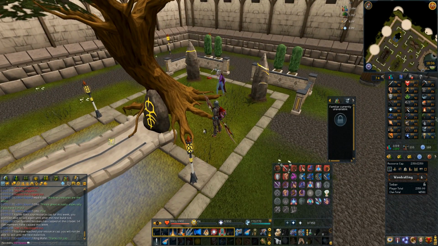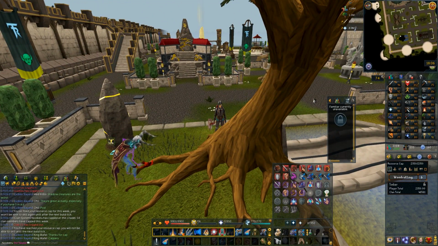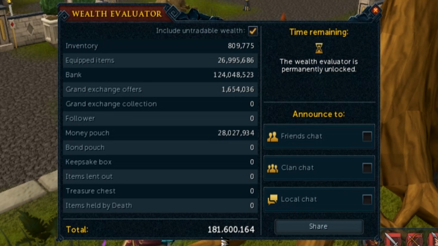There we go, we finished capping. We're guaranteed to have our 6% avatar for double XP. Now I'm going to head over to do some more Spiritual Warriors for a bit more GP. How's our wealth evaluator looking? 181 mil. I want to at least get 200 mil by the end of today, alongside doing some skilling and